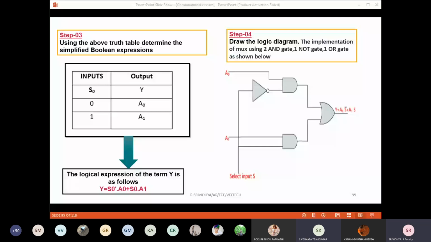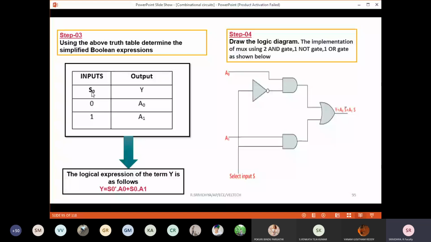Okay, ma'am. So now see, in the Boolean expression, it is very simple. You will be having S naught and Y. Now, your input S naught is going to take two values, 0 and 1. You all know when it is SOP K-map, the 0 corresponds to bar and 1 corresponds to the real value. So S naught corresponding to 0 means it is S naught dash.